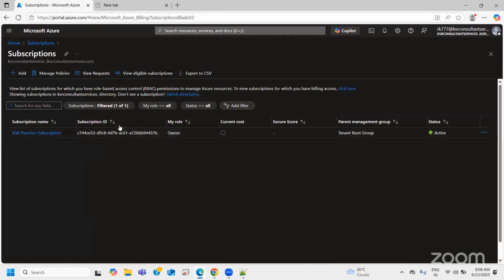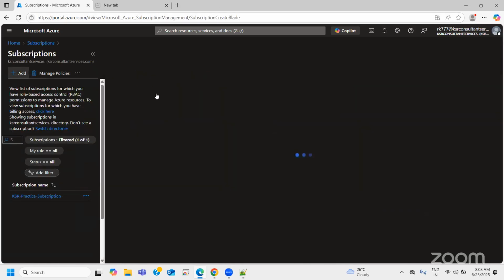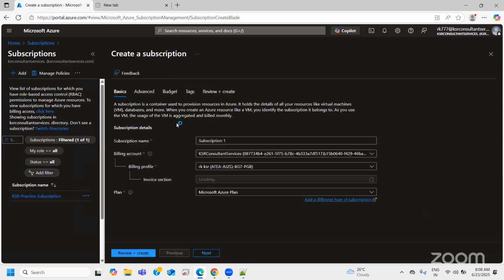It would give you this option, and here you have to start adding your subscription. You can create your subscription here, and depending on your subscription, that 200 credits would be given, and post that it would be automatic pay as you go, or a paid subscription.